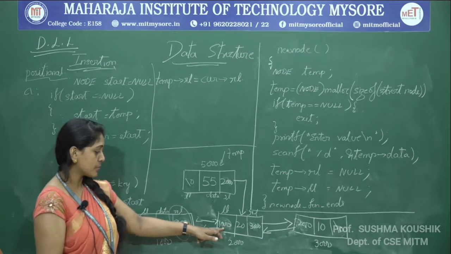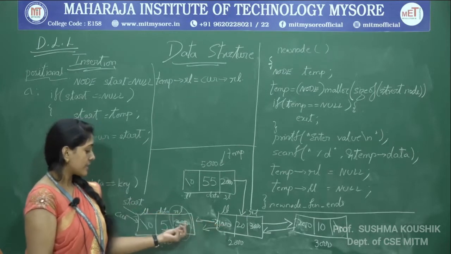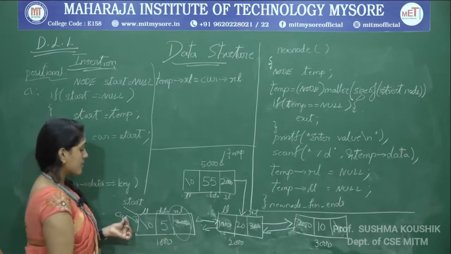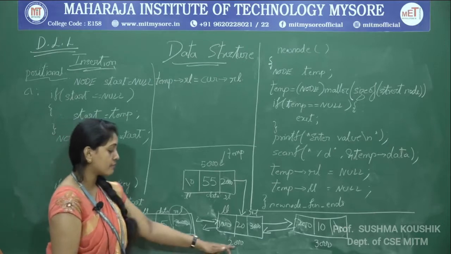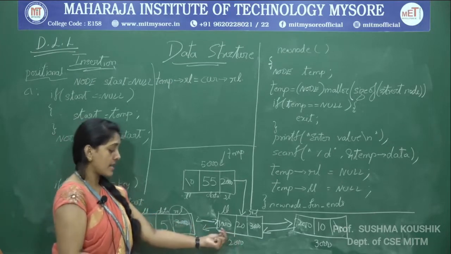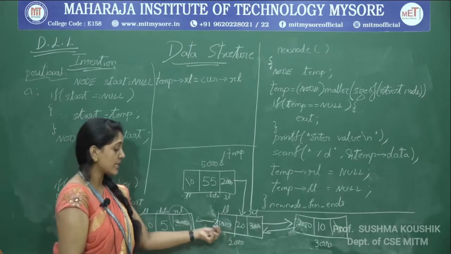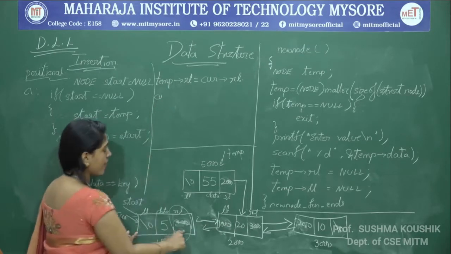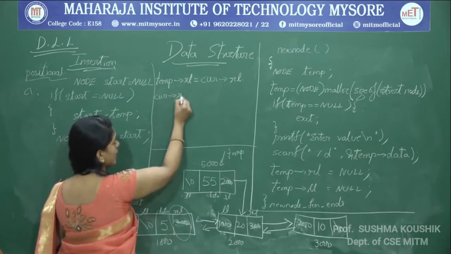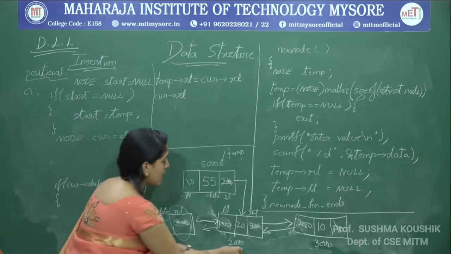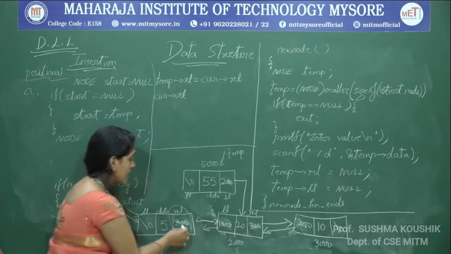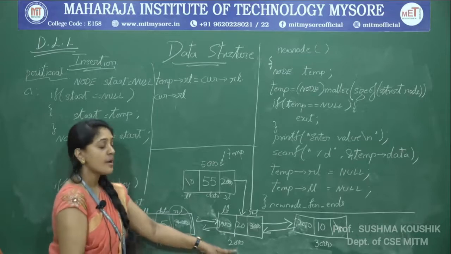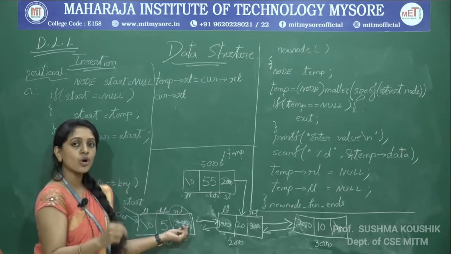So how do I overwrite this position? This position is accessed through the RL pointer. Current of RL I will come to 2000, so that RL's LL, if I go, is 1000. So this position I can access in this fashion. Just be careful: current is over here, current of RL is 2000. So I came to this position, RL's LL. Because once I overwrite this position, I will lose the access to this node and I cannot traverse.